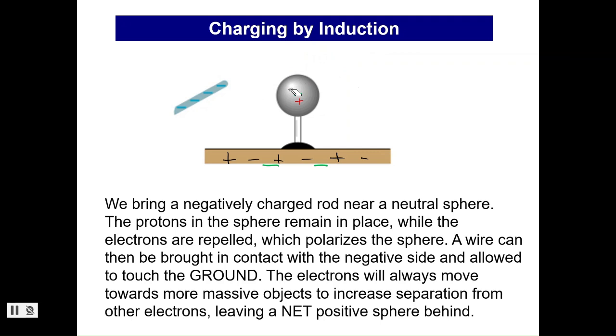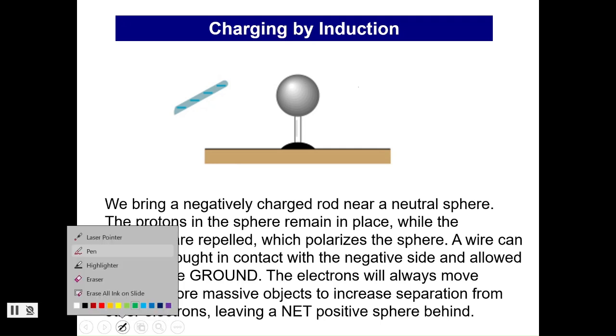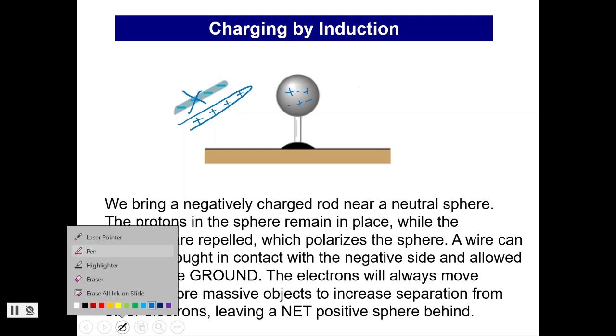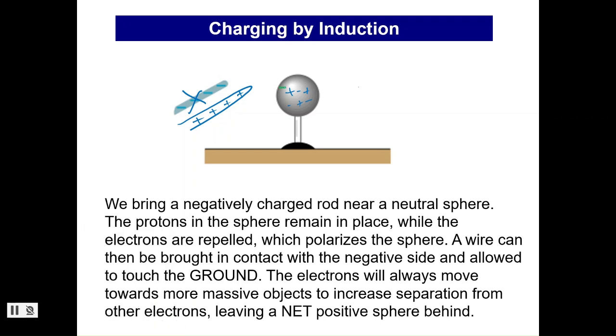Now it is possible to charge this the other way. So if I wanted to charge it to become negative, I would just switch out my rod. So if I were to bring a positive rod in there, and I'm starting off with my neutral charges, in this case, my negatives would be attracted. So my negatives would end up moving that way. And then if I attach the grounding wire,